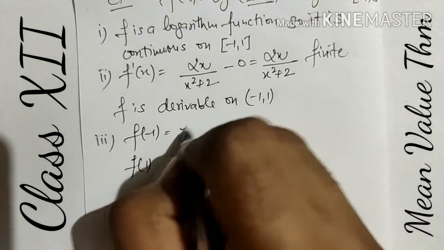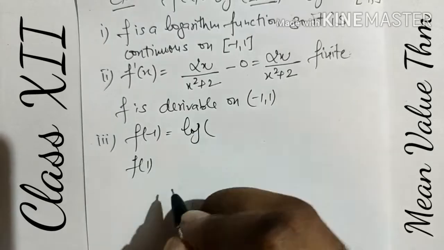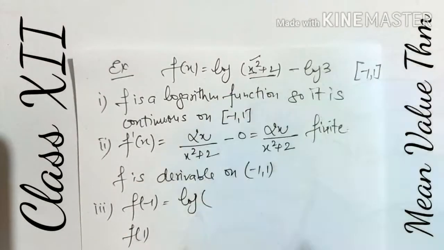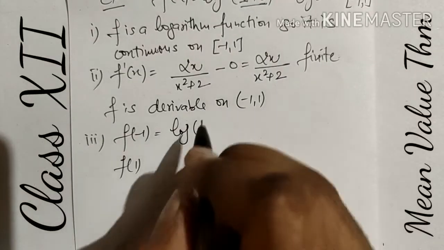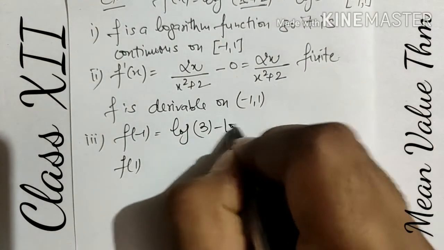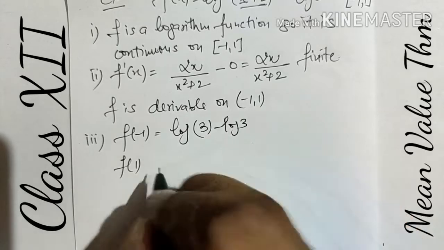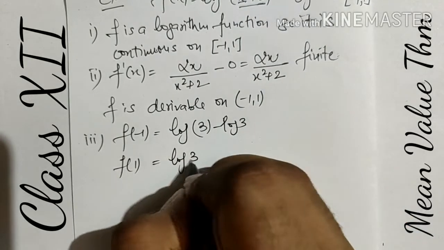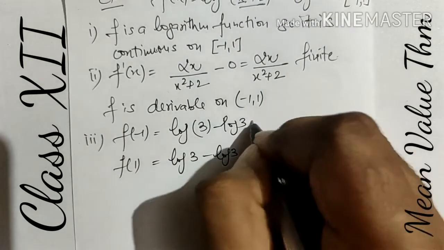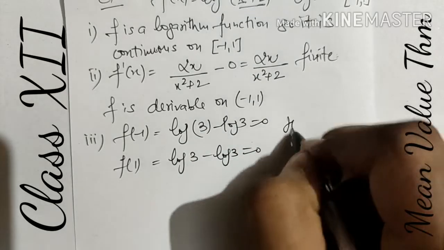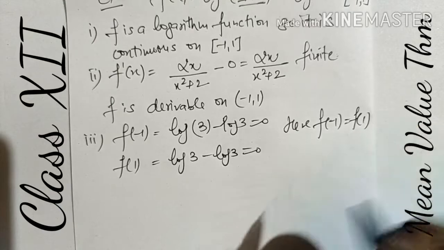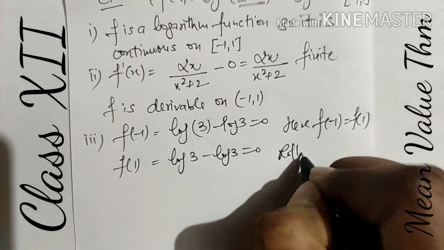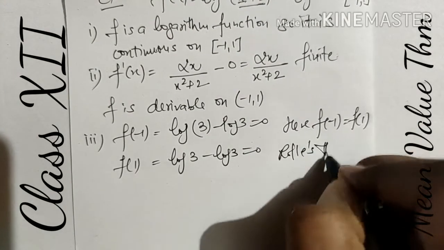If we use it, we are having here square of x. Square of minus 1 is plus 1 and square of 1 is also 1. So there is no change. We get this one. In both cases, value comes out same. Means here f of minus 1 and plus 1 both are same. Means Rolle's theorem is applicable.